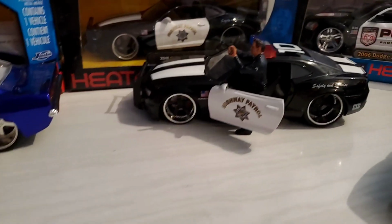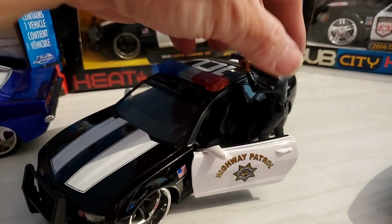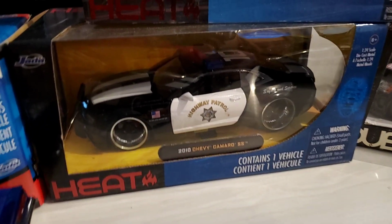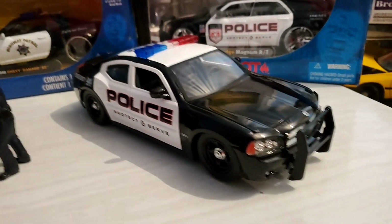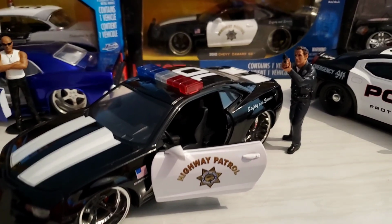And of course, a newer police car, definitely. This is actually Jetta Toys 2010 Camaro concept. Chevy Camaro. And of course, we have the newer vehicles. I just love these. I think they're so cool. So anyways,